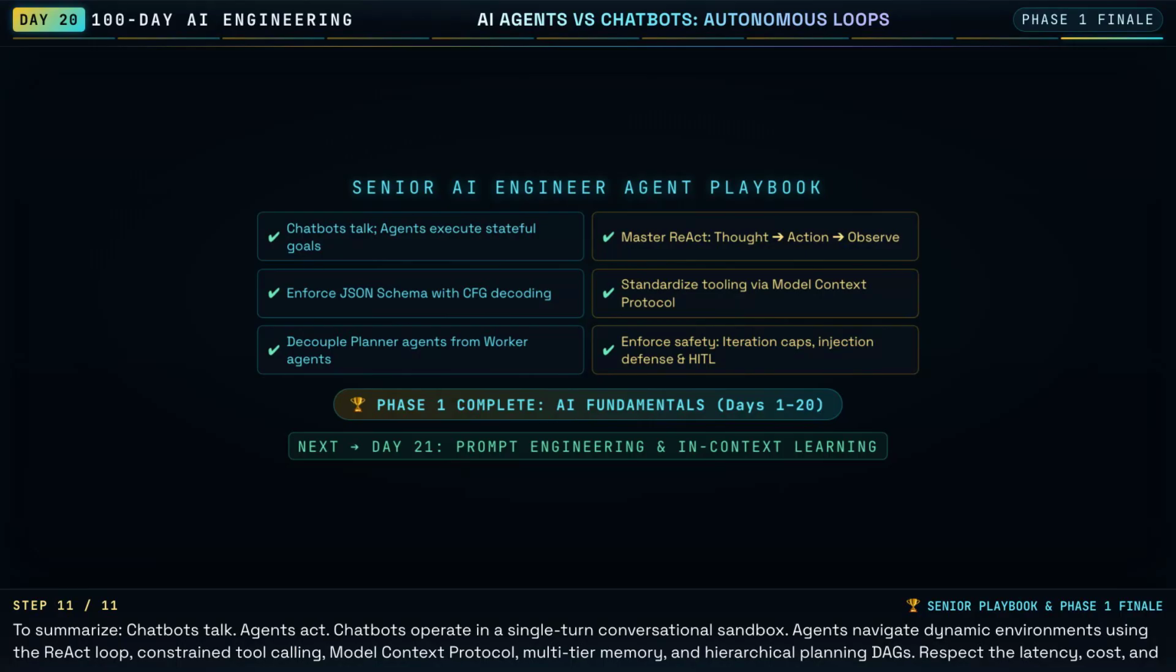This concludes Phase 1, AI Fundamentals of our 100-day AI Engineering series. Over the past 20 days, we have built a rock-solid foundation across LLM architectures, embeddings, vector databases, RAG pipelines, fine-tuning, inference engines, and autonomous agents. Tomorrow, we kick off Phase 2 with Day 21, Prompt Engineering and